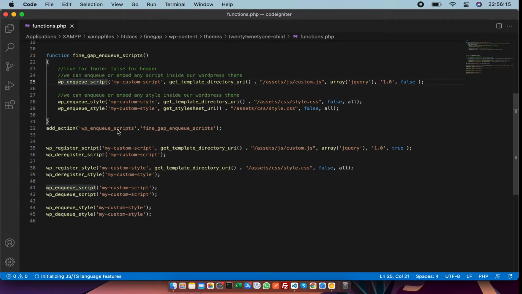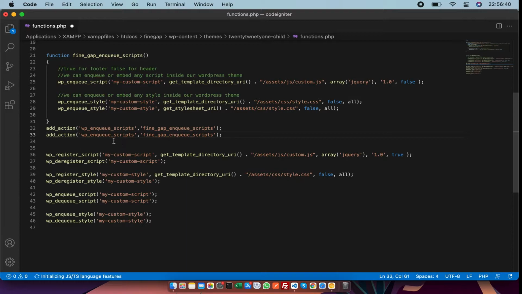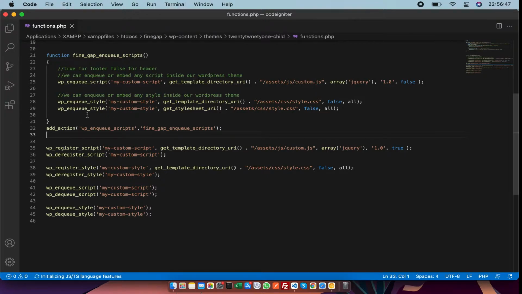Before starting, I have to tell you we are using wp_enqueue_scripts. So what is wp_enqueue_scripts? It is used to enqueue all the front-end files of JS and CSS. For the admin side, we have to use admin_enqueue_scripts like that. But for now, we are using wp_enqueue_scripts for the front-end files. In wp_enqueue_scripts, we are using wp_enqueue_script and wp_enqueue_style.